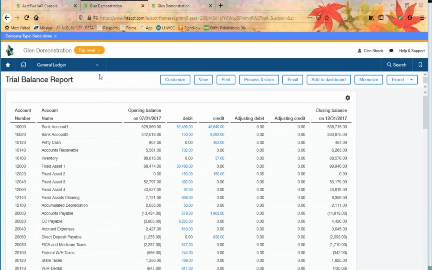And I just want to point this out. A lot of times during the year, you're obviously making entries into the system. The books have to be open to do that. You get to the end of your fiscal year, you close your books, the auditors come in at some point, they give you some adjusting entries. You can open the books back up for the prior year and post those, or you have a second alternative,